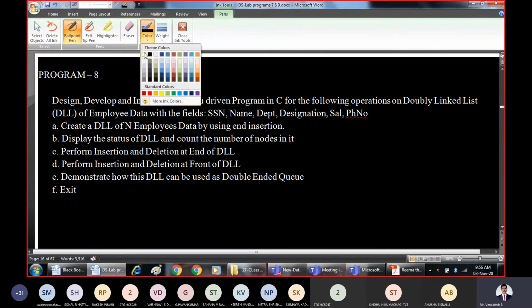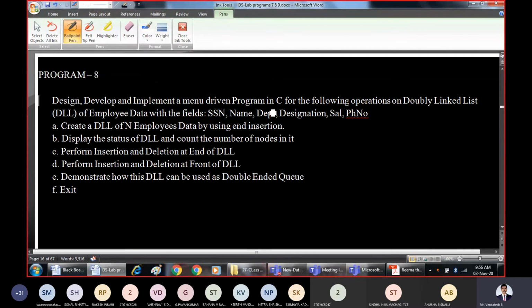Now, what are the data fields? Data fields are details of the employee. What are the different data fields? Social security number, name, department, designation, salary, and phone number. If you remember the previous example, we stored the details of students. Now the 8th program is storing the details of employees, and it is about doubly linked list.